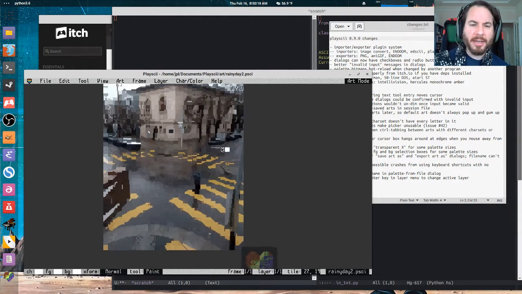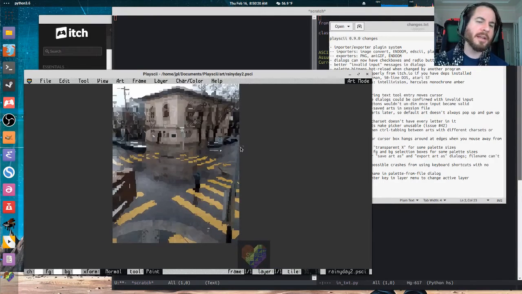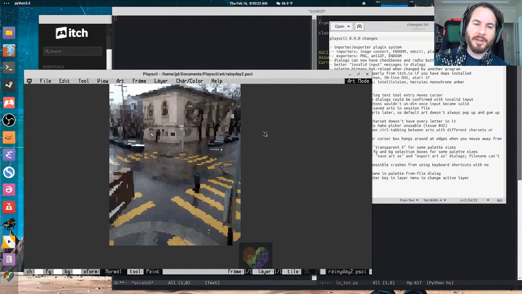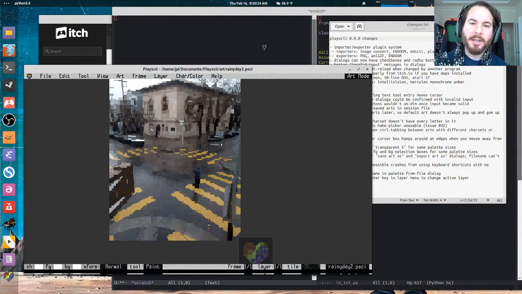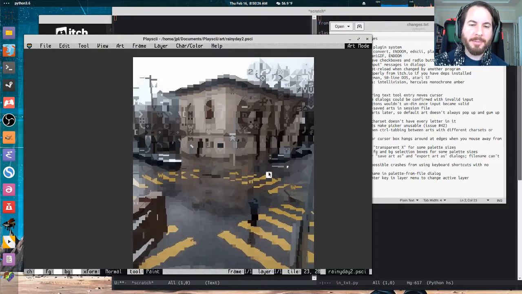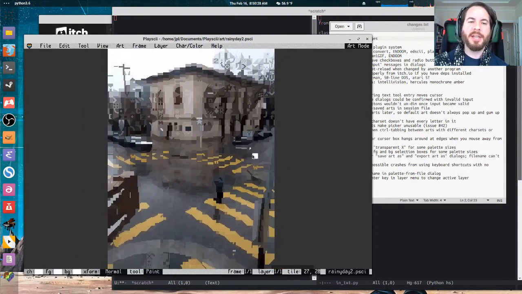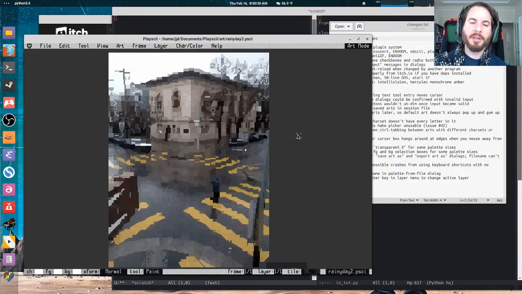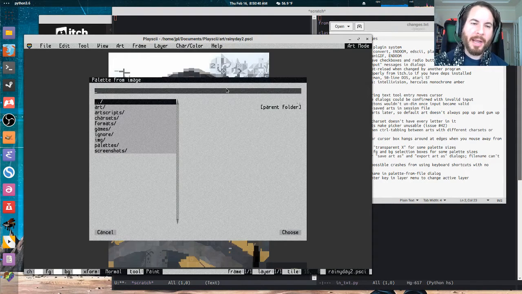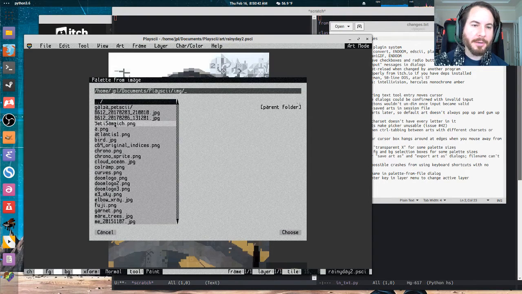I was also taking a few photos in my neighborhood and wanted to do ASCII conversions of them. And I noticed that I'm doing a lot of the same operations when I convert something. Oftentimes I'll resize the image just right so that it actually fits the proportions of the image, and a lot of times I will do this palette from image thing where you can